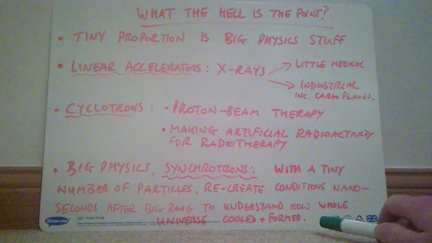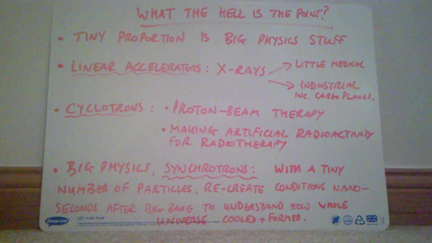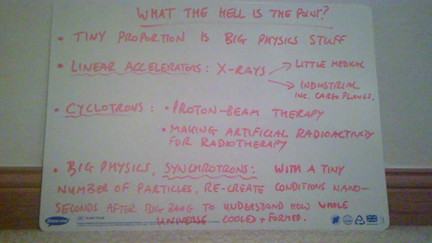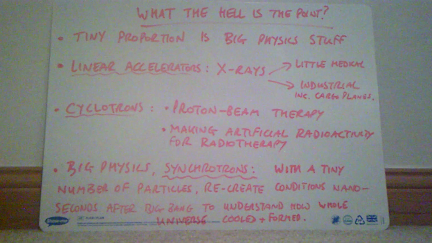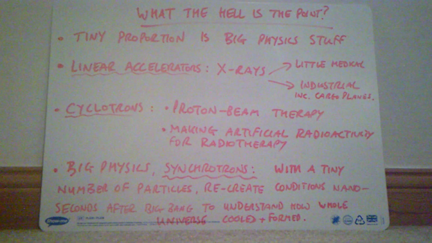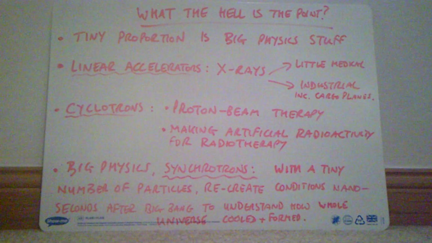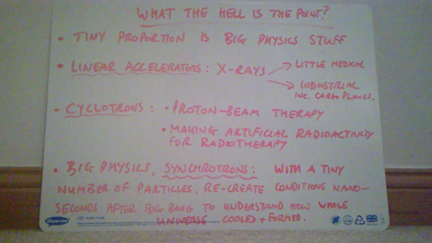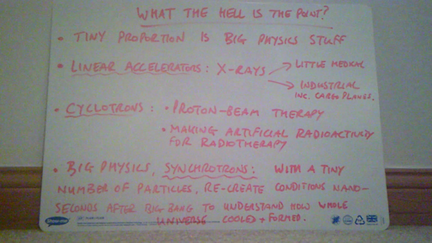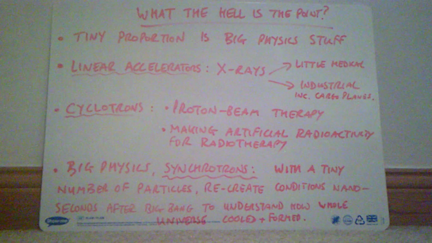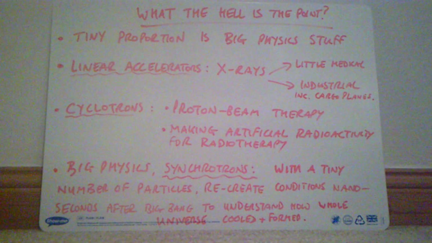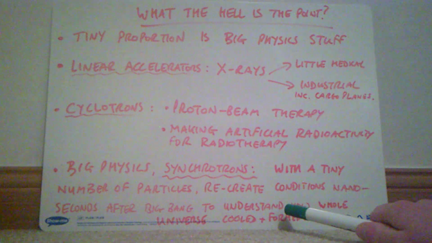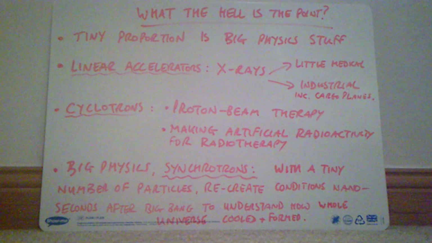The other thing it allows us to do, when we're looking at things like gravitons, is it helps us towards the idea of a quantum theory of gravity, understanding gravity at the scale of the really, really small. And once we understand the quantum theory of gravity, then we can understand black holes. And once we understand black holes, we know what's at the middle of black holes, and all of a sudden everything starts getting very, very interesting. So understanding how exactly our universe ended up from the Big Bang to what it is now will let us work back and work out what the hell a Big Bang